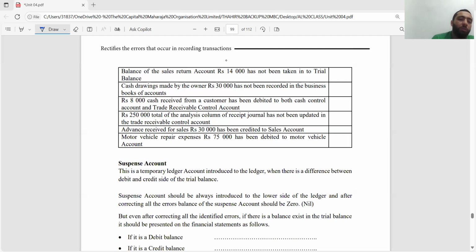Right? Okay. So let's move on. Balance of the sales return account 14,000 has not been taken into the trial balance. Definitely you can see this in the trial balance. Very simple one, right? Next one, cash drawings made by the owner 30,000 has not been recorded in the business